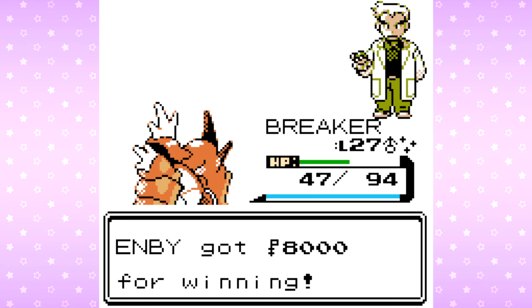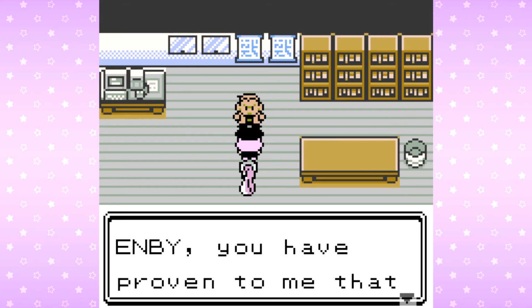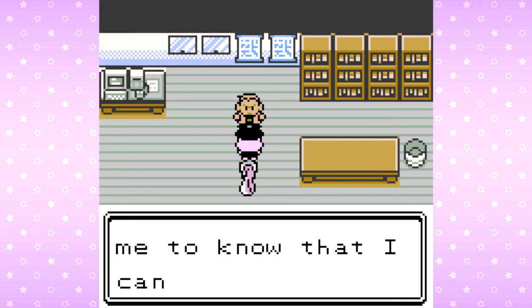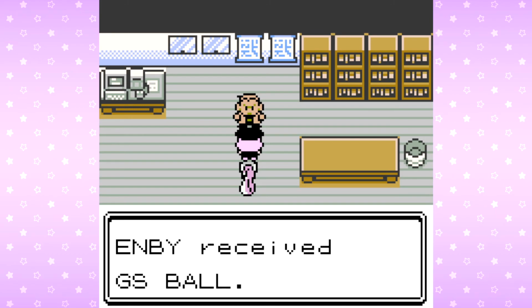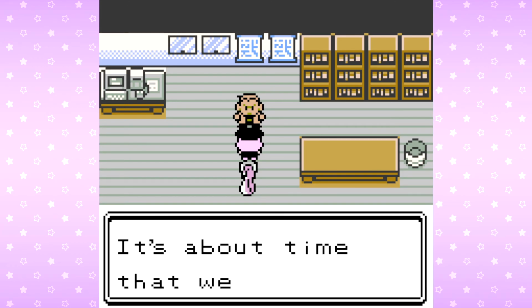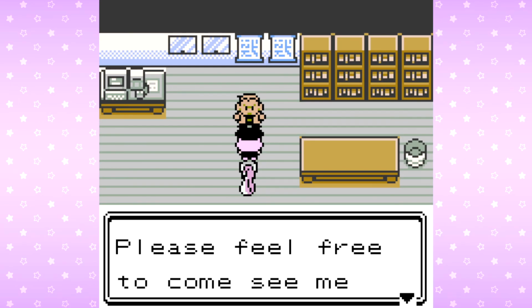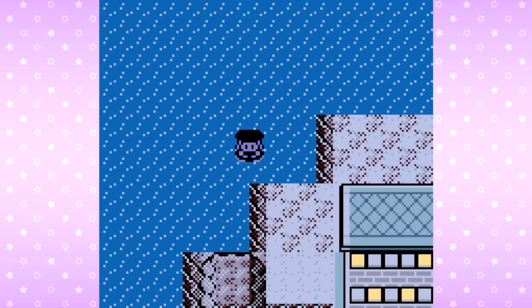Make sure you have a higher level team than mine if you want that to be a little easier, but it still wasn't that difficult. It was a very simple fight. It just requires some potion stock up, which I assume anybody playing single player is going to do. And then he gives us the GS Ball, so cool. I think that's going to be fun. I'll revisit that later. I don't know how interested I am in legendaries, but I am interested in getting to